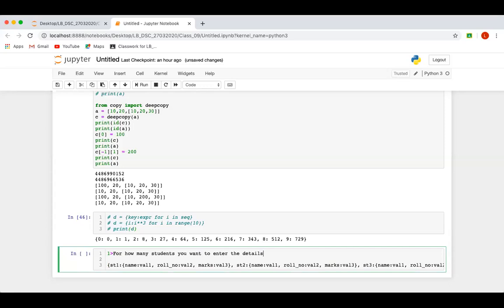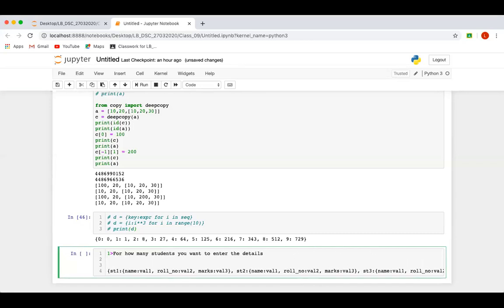User will enter 3, 4, 5, so accordingly you will append st1, st2 and st3, st4, st5 like that. Once it is done, for every student you will take name, roll number and marks, and then you will keep that value in the dictionary format corresponding to st1, then corresponding to st2, then corresponding to st3, and so